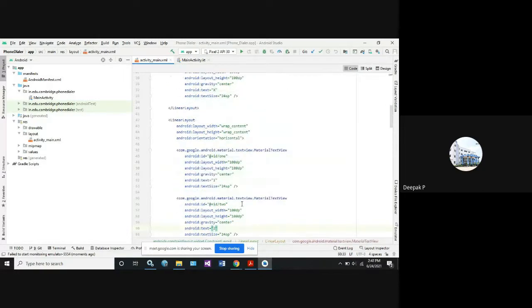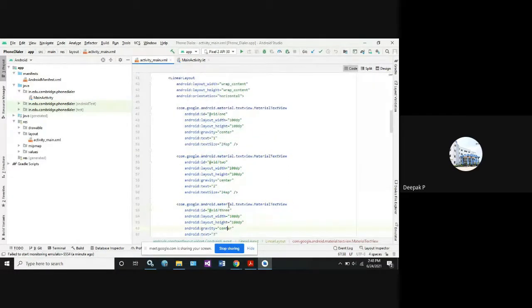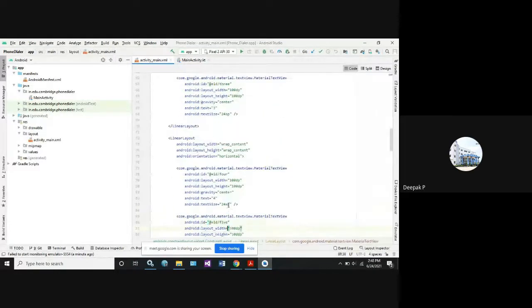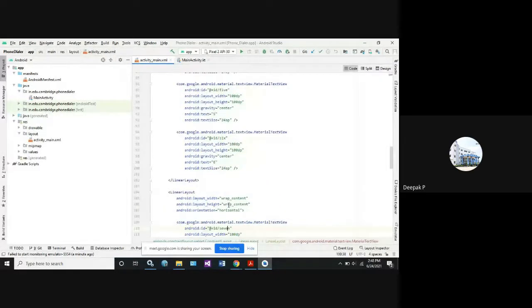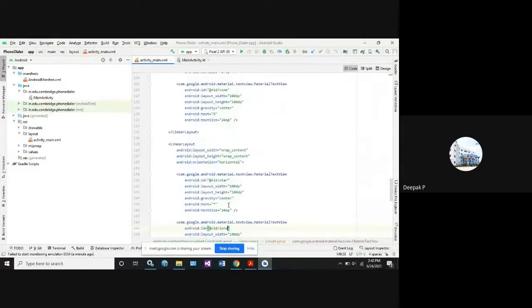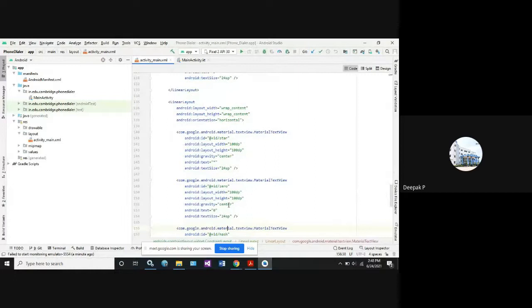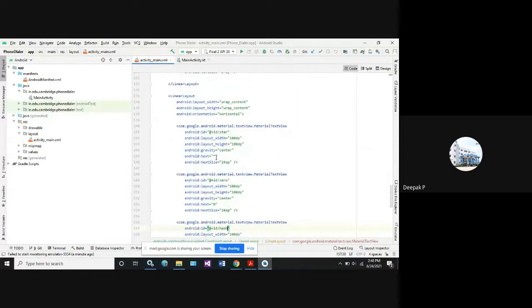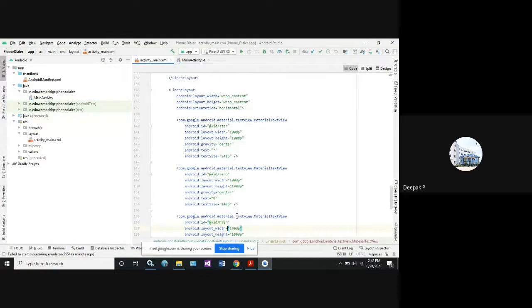As there is only a single layout, we have divided that single layout into four different linear sub layouts. The first linear layout is for entering the number and the delete button. Now the main content is the numbers which have to be displayed. 1, 2, 3 is one layout, 4, 5, 6 is the second linear layout, and 7, 8, and 9 is the third sub linear layout. In the fourth linear layout, we have used symbols like star, 0 and hash value.